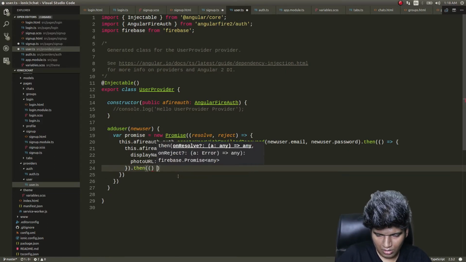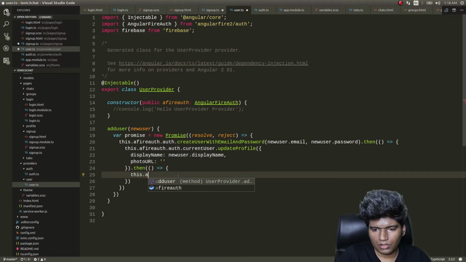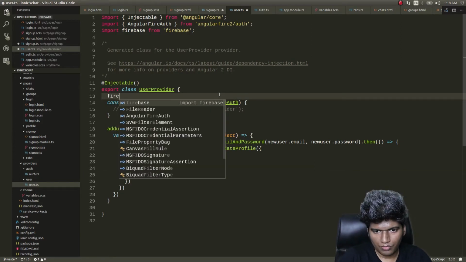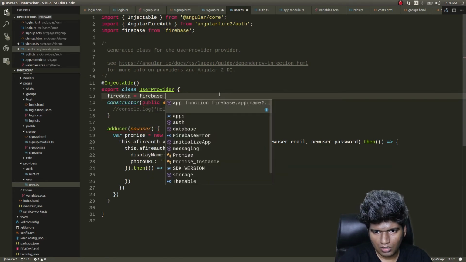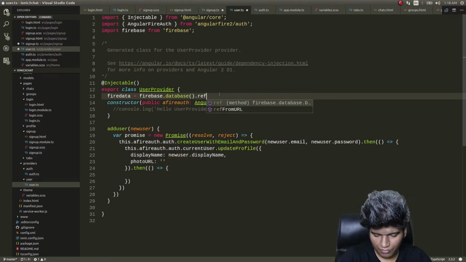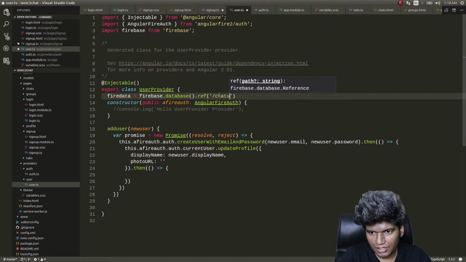Then what we'll do is we'll simply include a placeholder. Okay, so this.angularFire, we'll store it in a separate users collection. So fireData equal to firebase.database.ref chatusers. Okay,